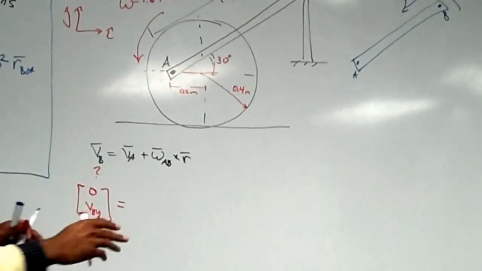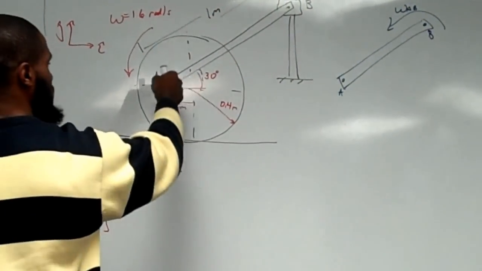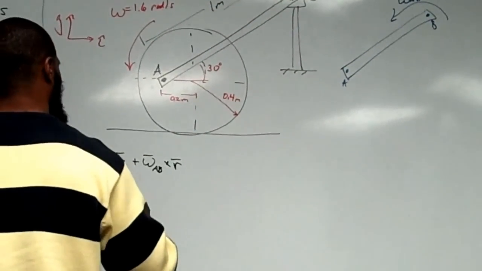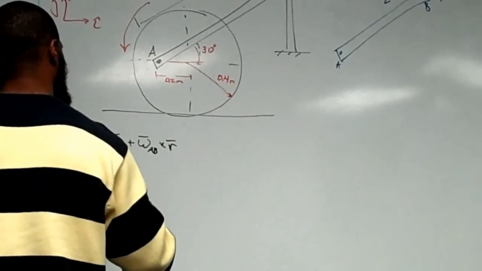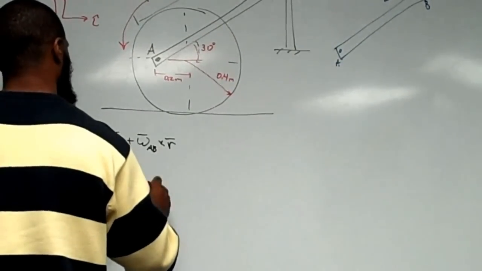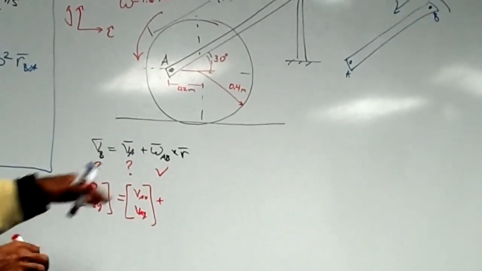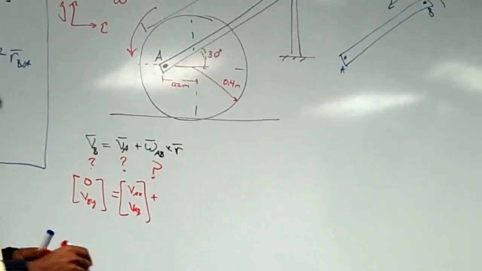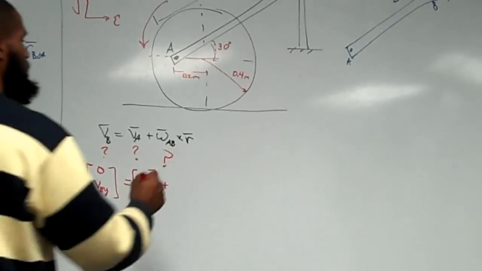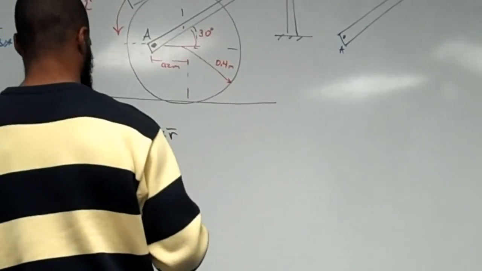VA, similarly, I don't know anything about right now because I just know that it's connected to the slider. It's also connected to this disk. So all I have is, so this is another question mark. I got VA in the X, VA in the Y. Omega AB is given. Actually no, omega AB also we don't know. Ooh, it's going to be kind of tricky. We don't know nothing. However, R from A to B, or from B to A rather,